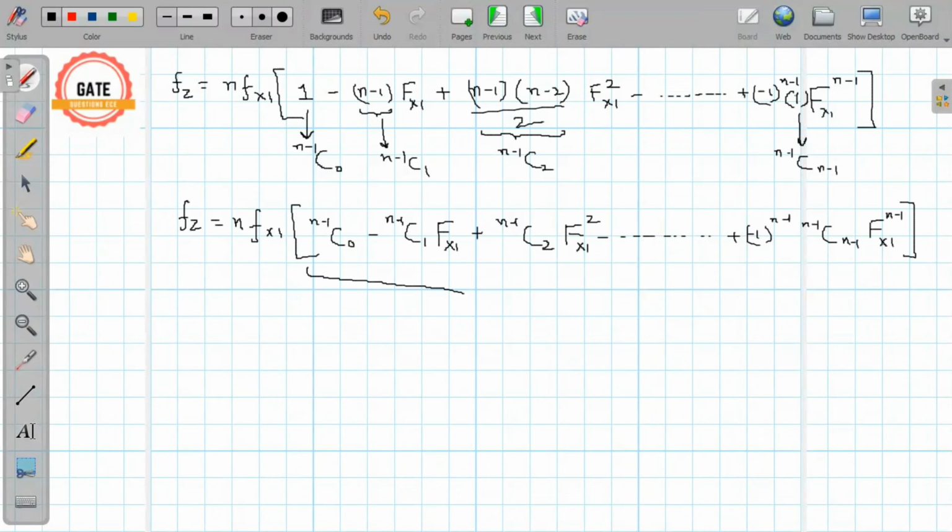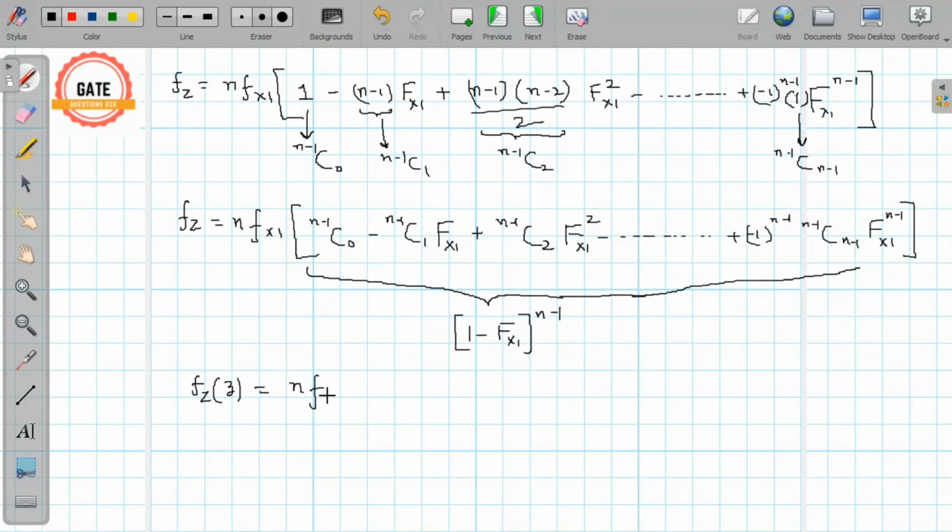If you observe carefully, this whole term in the square brackets is nothing but the binomial expansion of 1 minus F_X(1) raised to power n minus 1. So we can write that the PDF of z will be equal to n times f_X(1), n times the PDF of X1, into 1 minus CDF of X1. Here I am writing small z raised to power n minus 1. So this is the end result. This is the PDF of z for the case